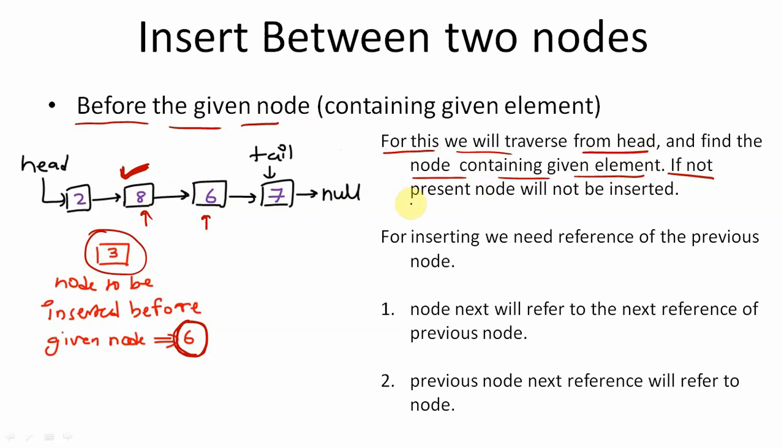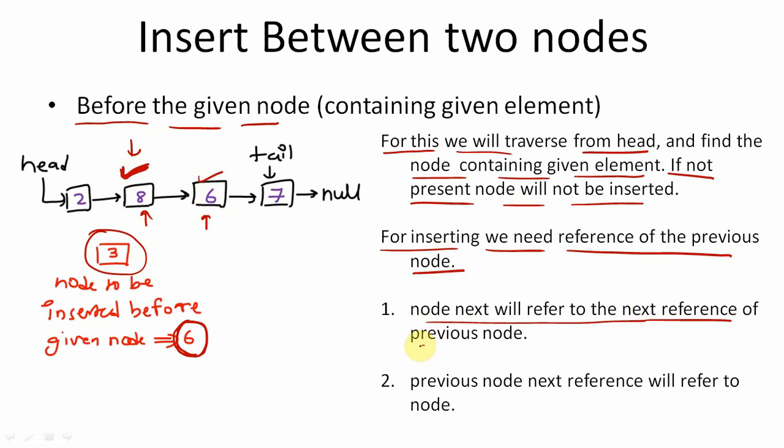If not present, the new node will not be inserted. So in this before procedure, for inserting we need the reference of the previous node. So we'll keep track of this previous node. Now what happens when we find the containing node as well as the previous node,